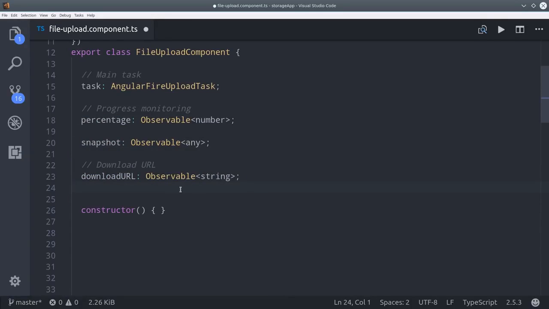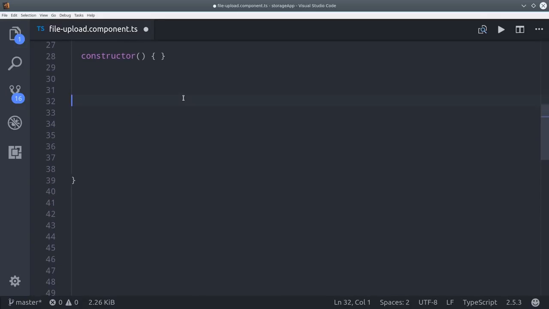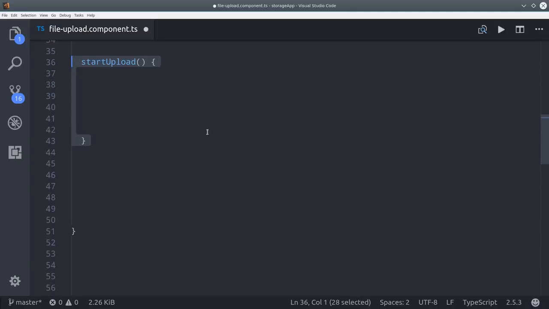The last thing I'm doing is setting up a Boolean variable so we can toggle some CSS classes. The next step is to inject AngularFire storage into the constructor. Then what I really want to focus on is this start upload method, which will kick off the entire upload